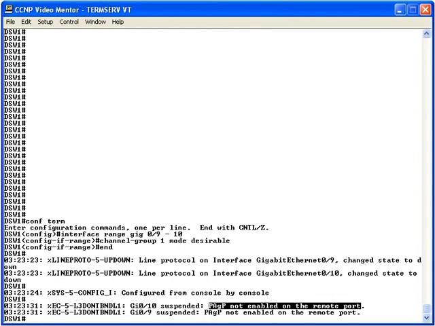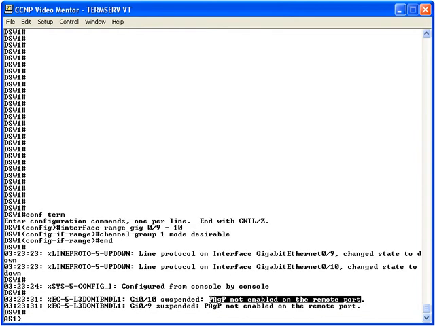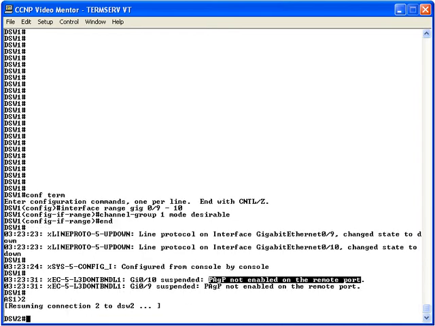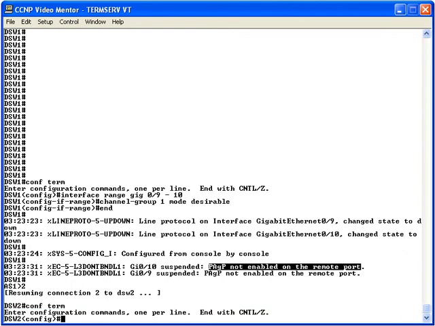Let's go over to switch DSW2, and the way we're going to access that switch is via an access server. Notice that the prompt changes to AS1. That's the access server that I'm using to connect to these two distribution layer switches. Let's resume a session I have already going with switch DSW2, and once again go into global configuration mode, specify